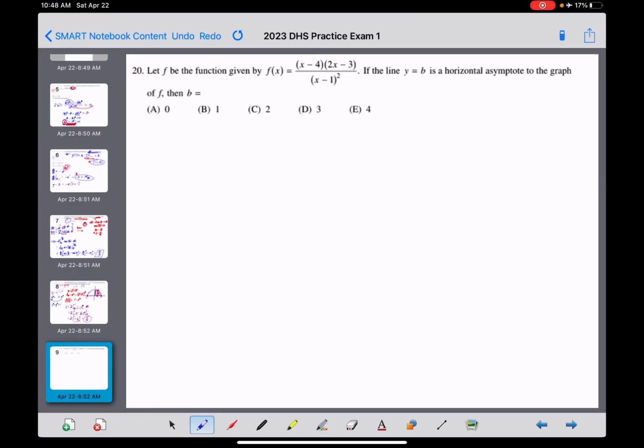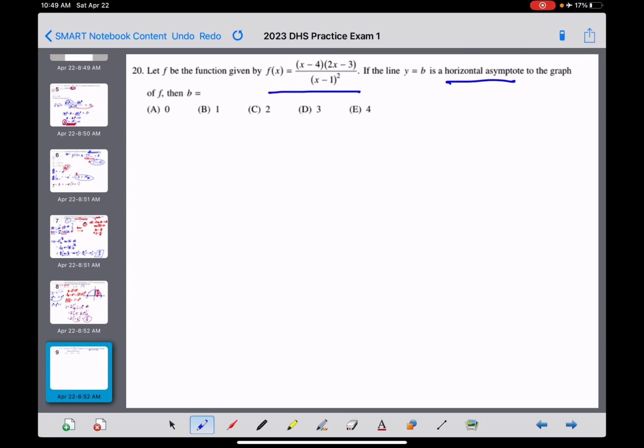All right, looking at number 20 right here, boy, less than 40% of us got this problem right, guys. And I'm going to be honest, this is one that's a little bit disappointing. This is a good opportunity for us to review and study and hopefully relearn our rules for horizontal asymptotes in